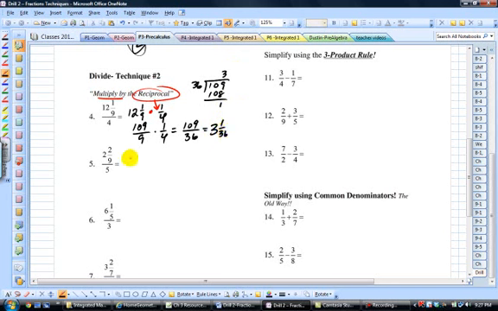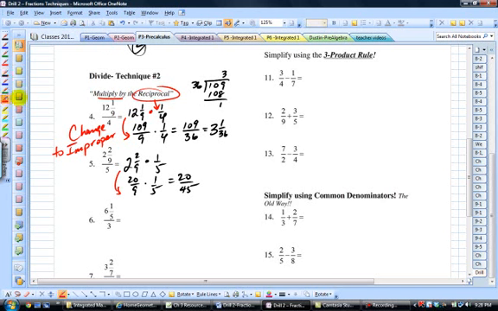Okay, this one here, we have the same thing. We have 2 and 2/9 divided by 5, which is the same thing as times the reciprocal, 1/5. Change to improper again, like from here to here, which was on drill number 1, okay? Changed to improper, so we have to do that here. 9 times 2, 18, plus 2, 20/9, times 1/5, gives you 20